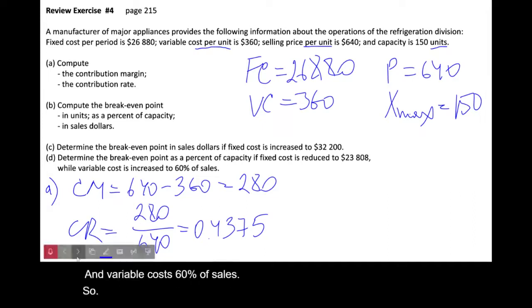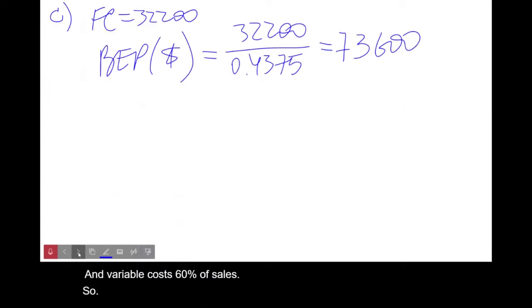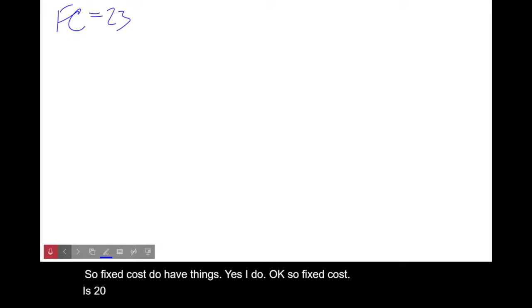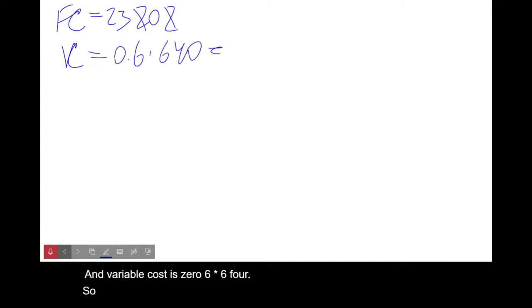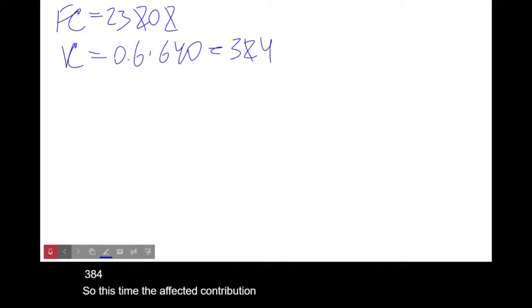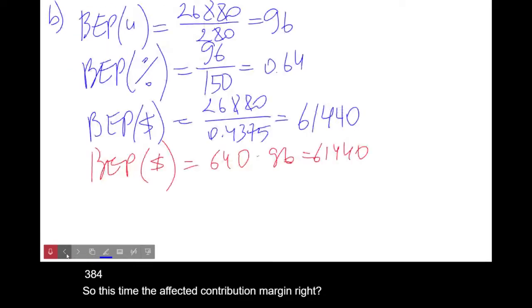So let's see. Fixed cost, do I have the page? Yes, I do. Okay. So fixed cost is 23,808, and variable cost is 0.6 times 640. So let's calculate: 384. So this time we affected contribution margin, right? And what they want,